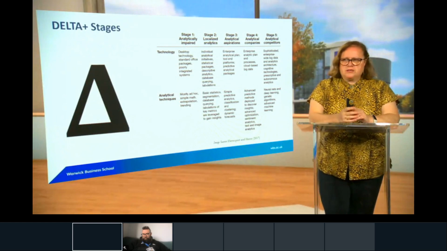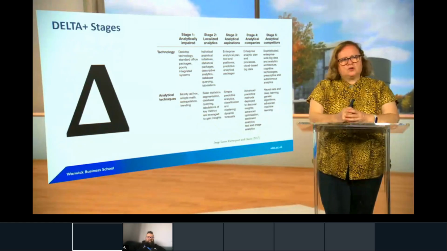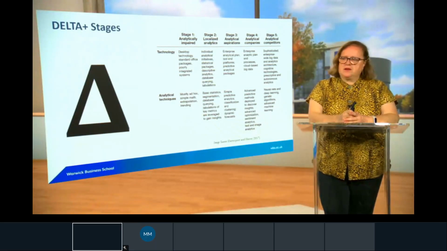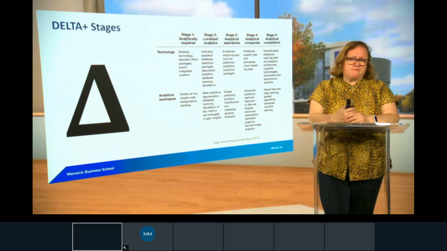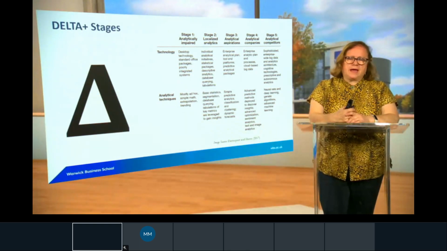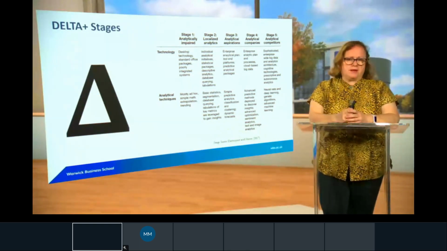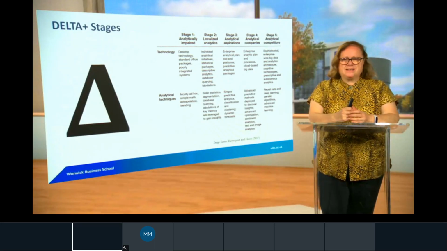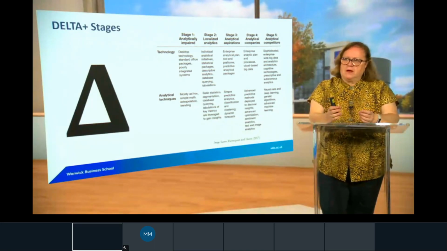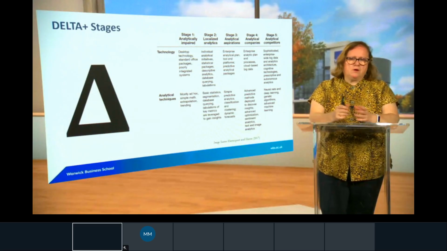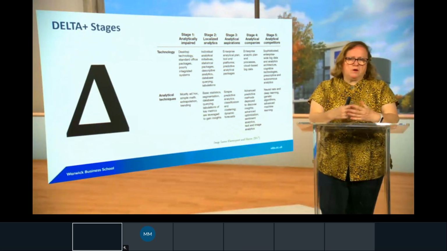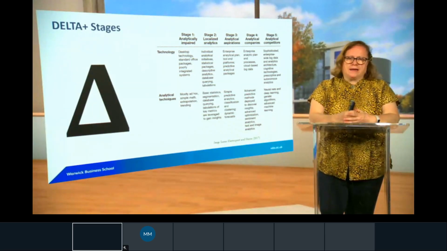So one of the questions that comes is, okay, we know where we are. Let's say we were to score each of those 7 attributes from 1 to 5, we could then take an average, and let's say that we came out as an average of 2.3. That implies that we perhaps have localized analytics in the organization. We might then want to talk about how we can improve that score. How can we become a more analytically mature organization?